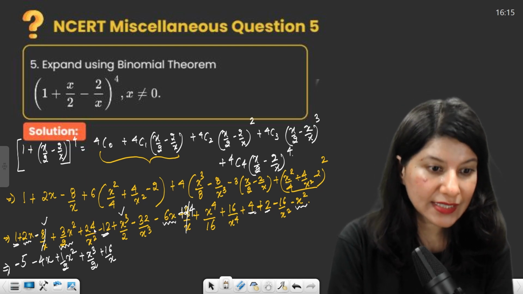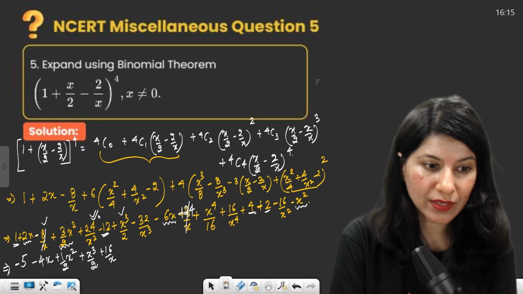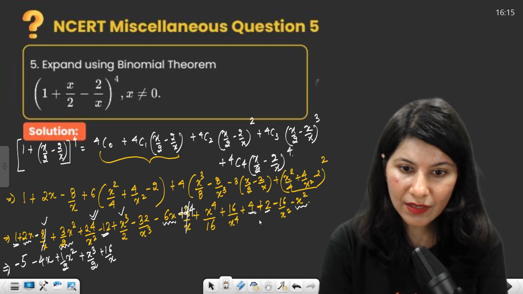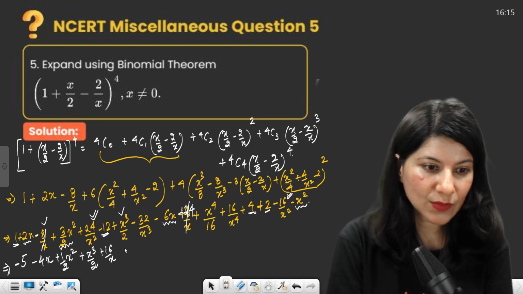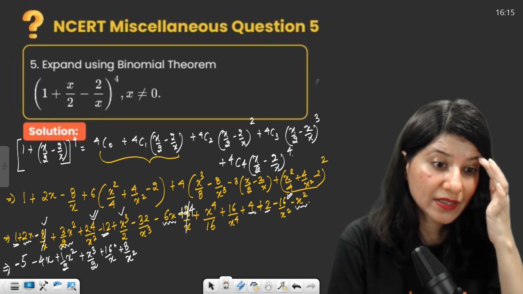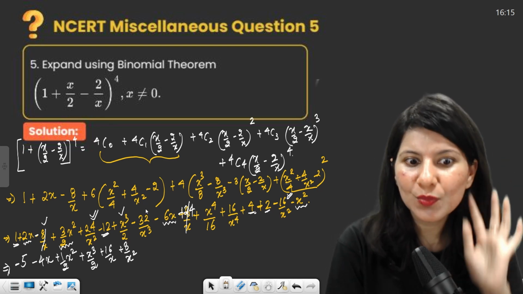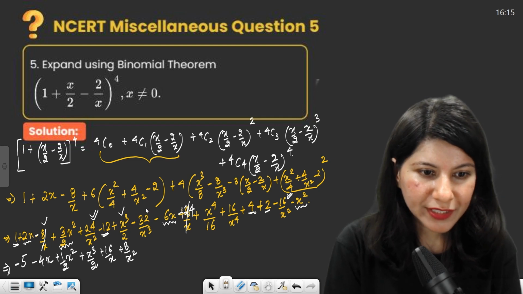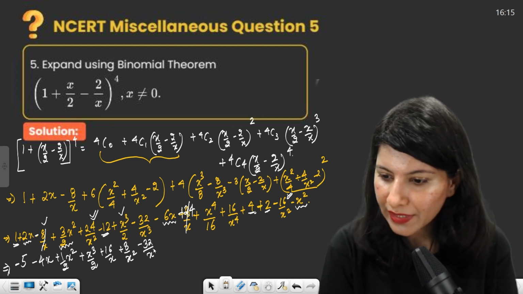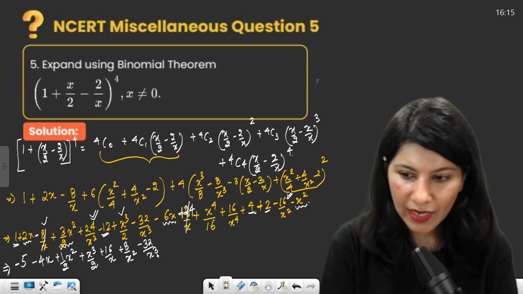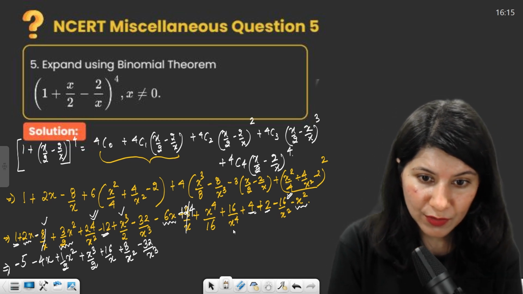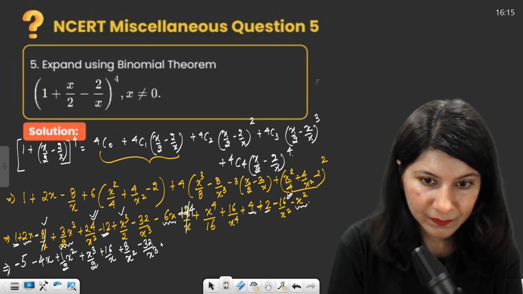Now next, x square by x square term. 24 by x square. Then we are having minus 16 by x square plus 8 upon x square. Correct. Any more terms? Yeah, cube terms. So 32 by x cube, that's it. So minus 32 upon x cube. And we are having a term x raised to power 4. So this is going to become